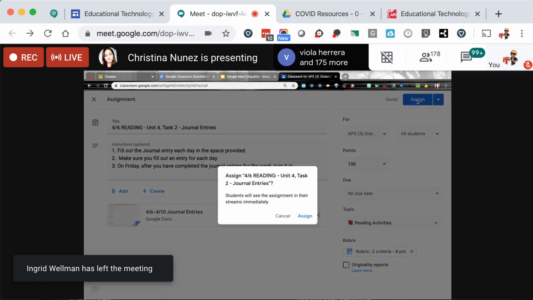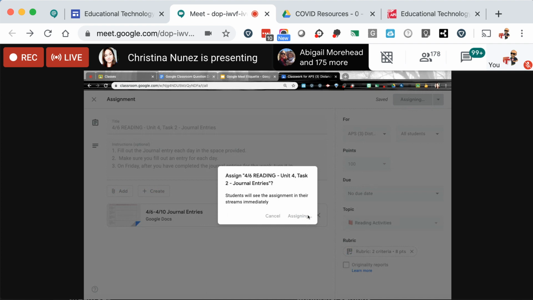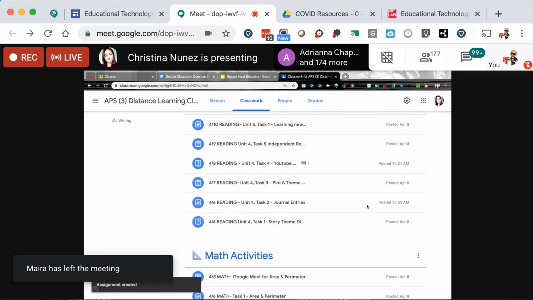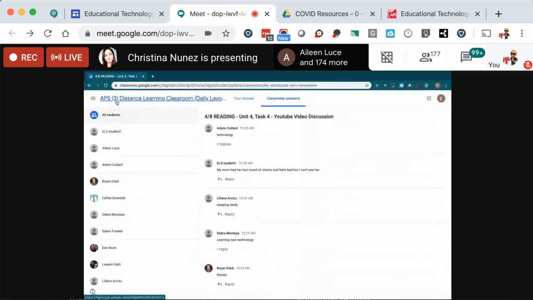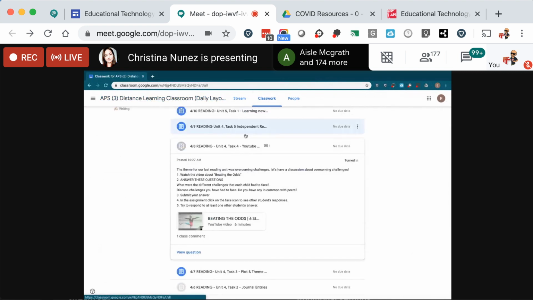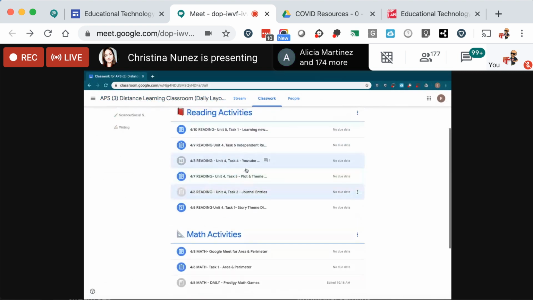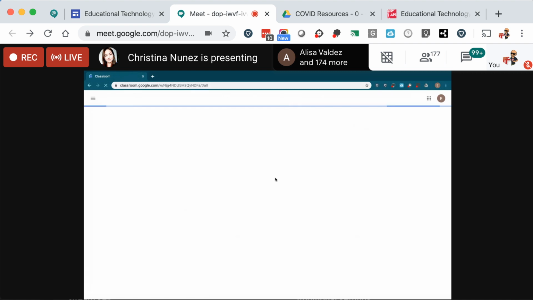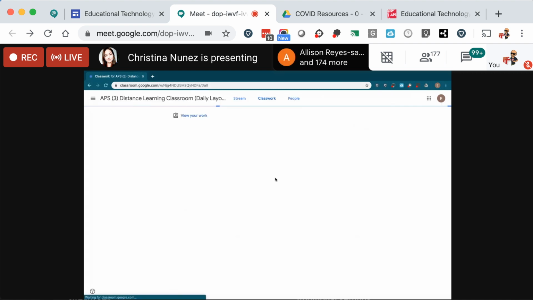Okay, so now that I've assigned this journal entry, and this is Unit 4, Task 2, I'm going to swipe over again as a student. I'm going to go back to APS Learning Classroom and go to Classwork again as a student. And I'm going to look for Unit 4, Task 2. I'm going to refresh that real quick. When I am in as a student,